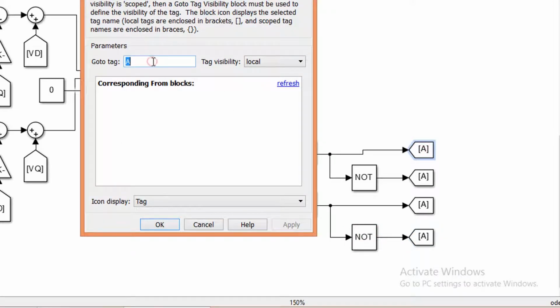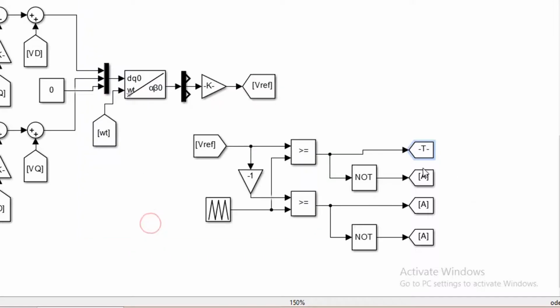These are the final PWM outputs, and name them as PWM 1, 2, 3, and 4.